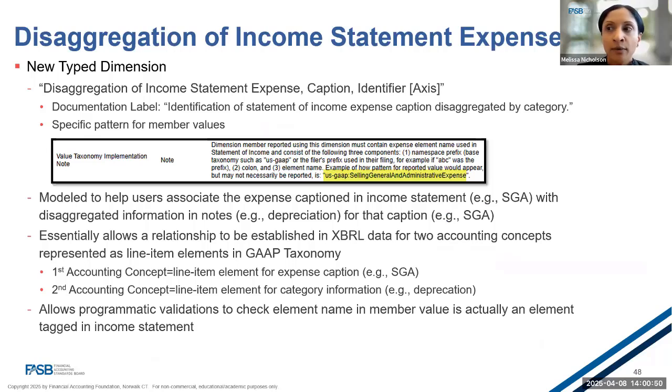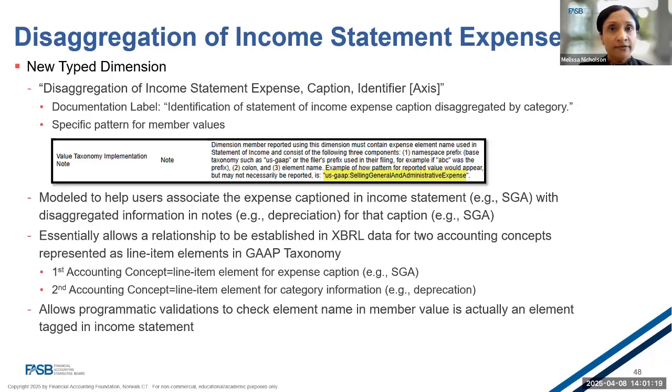Now, one thing to note about a type dimension is that the members have to be created by the preparer. So there are no member elements in the taxonomy itself. The preparer has to provide a value for that, and it's supposed to follow a specific pattern. The specific pattern to be used for the DICE caption identifier axis is included here in the taxonomy implementation note, and it's supposed to contain 3 components.